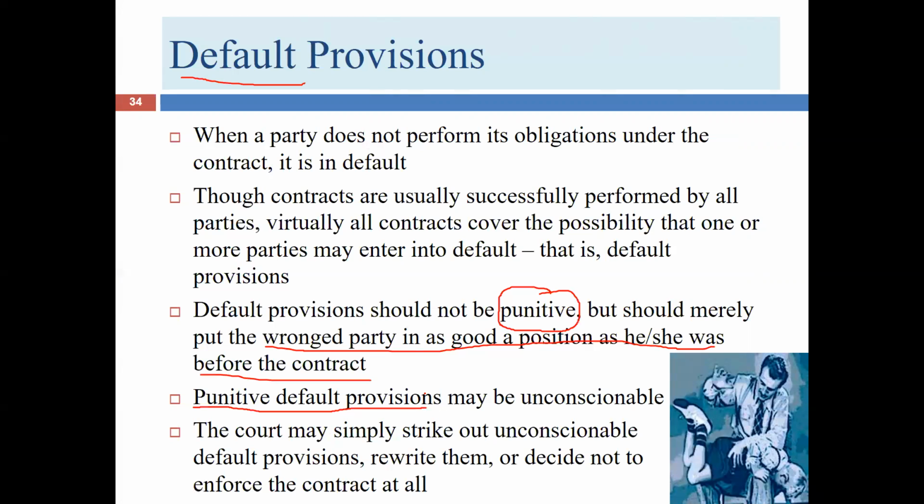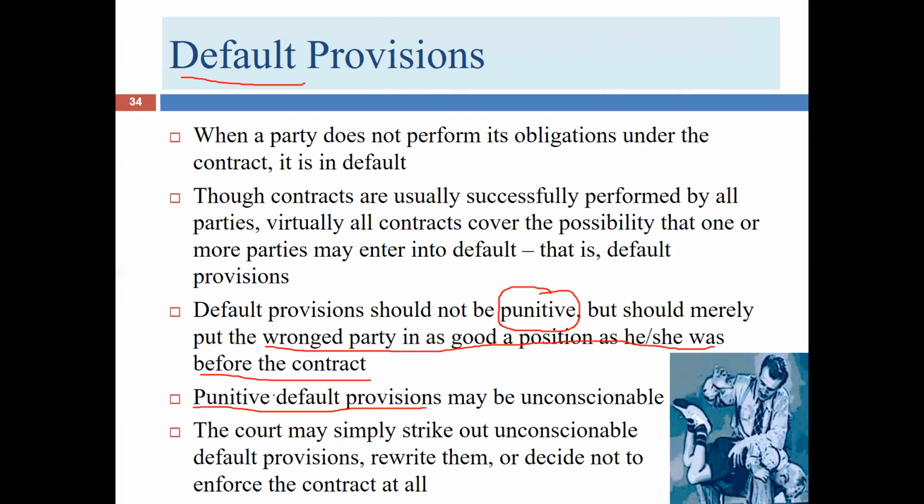And so it's the court's job to kind of go back mentally to the time the parties were negotiating the contract and look at what the parties knew at that time and what seemed reasonable. And that's the standard. Was it punitive when it was created? And if it was, then it perhaps is unconscionable. But if it wasn't punitive at that point in time, and it only seems punitive now, then it's really not